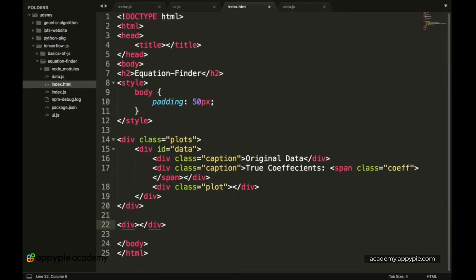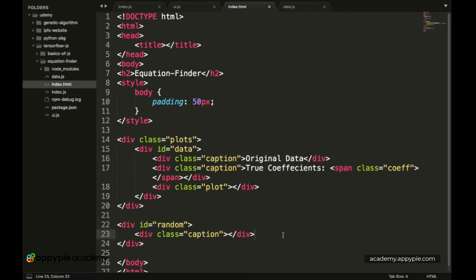Okay, so we have div over here and this div has an ID of random. Okay, so now inside this particular div we have another div, and this div has a class of caption, just like what we did over here.